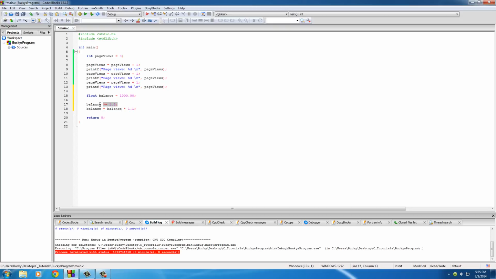So this is a shorthand way of writing this. These do the exact same thing. I know this is kind of awkward to look at, but once you do it a couple of times, it's going to become second nature. Like I said, this takes the old balance, multiplies it by 1.1, and then